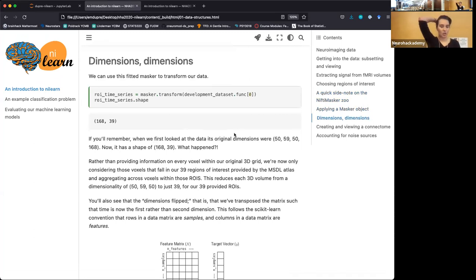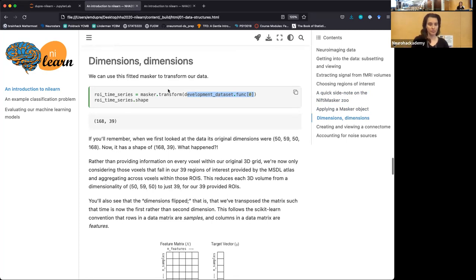All right, so now we're going to do what was promised. So remember, we haven't shown this any data. We've just given it some general guidelines for what we want. And now we can actually take this masker and transform. So again, using the scikit-learn conventions, our data. And here we're just going to transform the very first participant. We're not going to pass any confounds. That'll come later. So we know this is wrong, but it's also useful just to see the structure of how